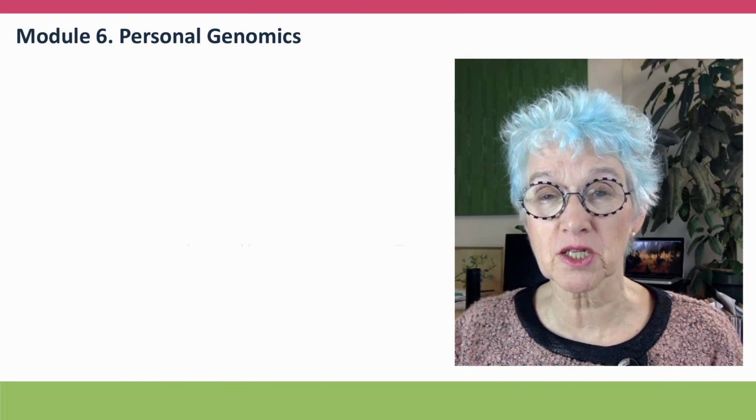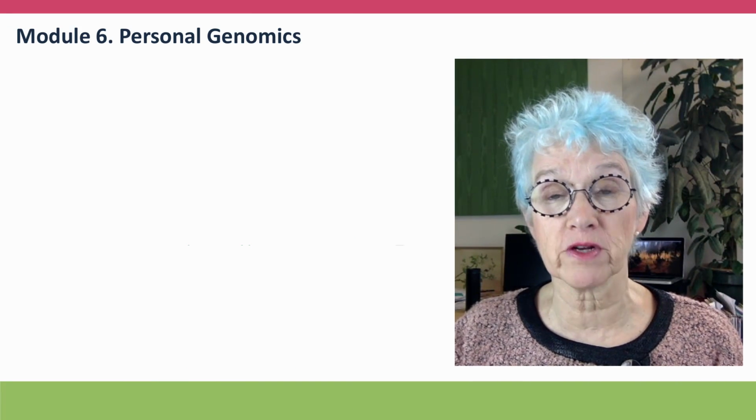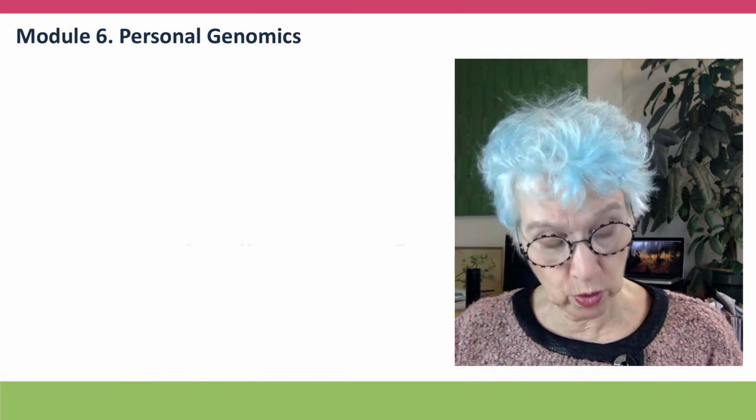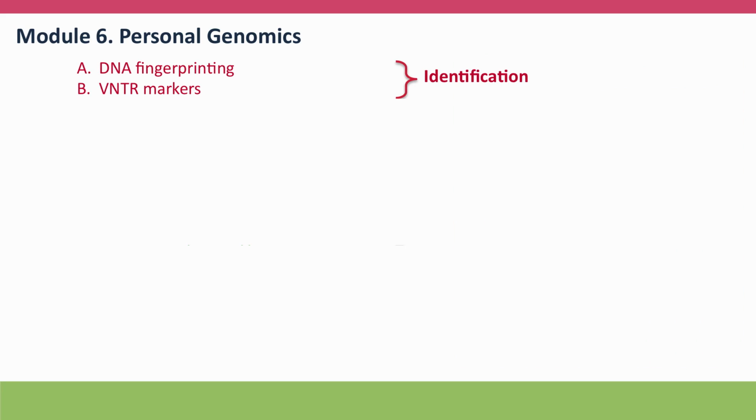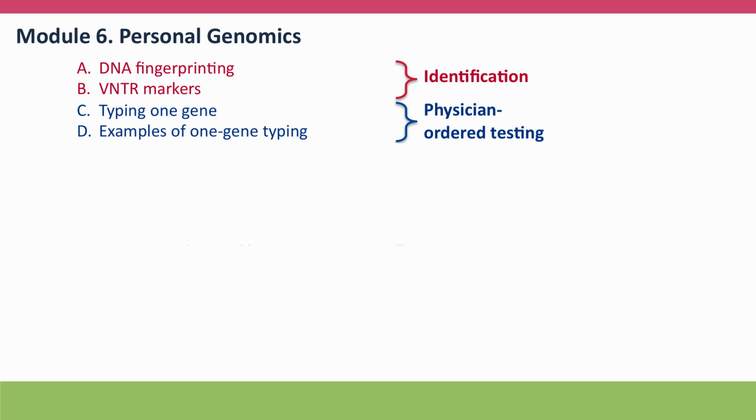This is Module 6, where we're going to talk about the burgeoning field of personal genomics. We'll begin with a discussion of how DNA can be used for identification, very important as DNA fingerprinting, both legally and in immigration studies. We'll then go on to talk about analysis of single gene tests ordered by physicians, and then a brief detour